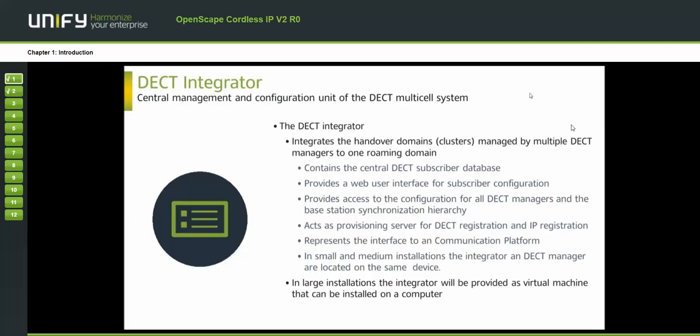It contains the central DECT subscriber database, provides a web user interface for subscriber information, which we will go through in this training, provides access to the configuration for all DECT managers and base stations in the synchronization hierarchy,